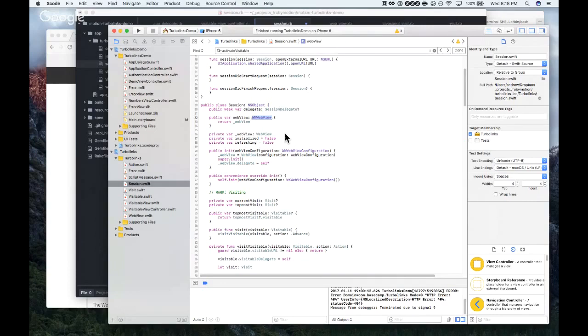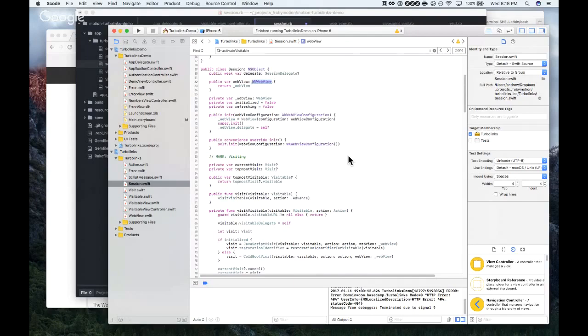I think because of the typing issues, that might be why they're wrapping it like that. They're wrapping the underscore web view to turn it into a WK web view when they return it, even though it's one of their subclassed objects.